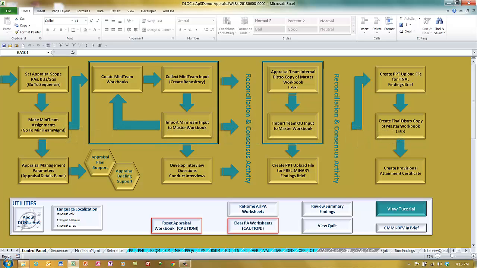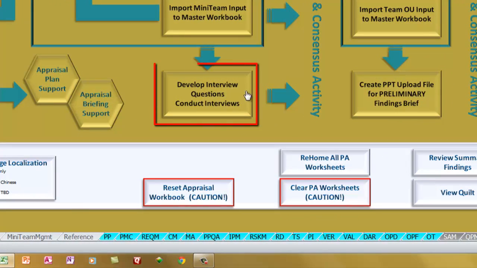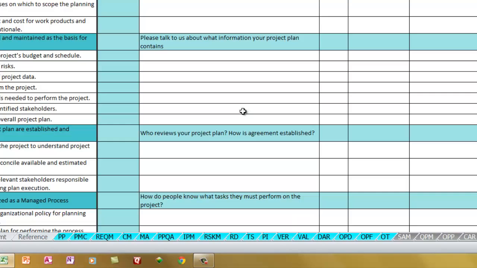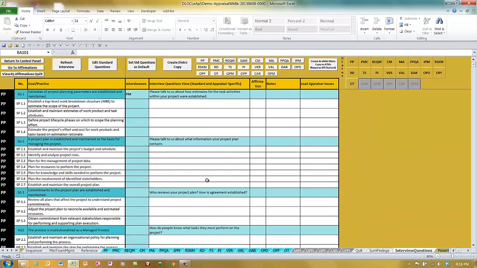The DLOCLeAPS workbook includes a panel designed to help develop, consolidate, and manage questions for the interviews. We can access that panel with this button labeled Develop Interview Questions and Conduct Interviews. The Interview Questions panel lists all the CMMI Dev process areas in the DLOC default sequence, along with their goals